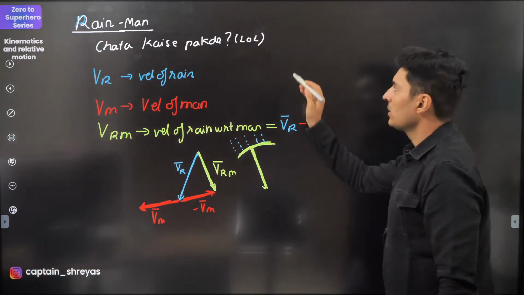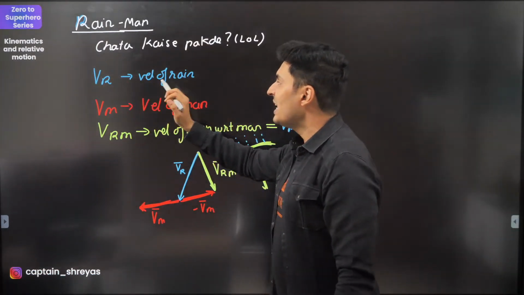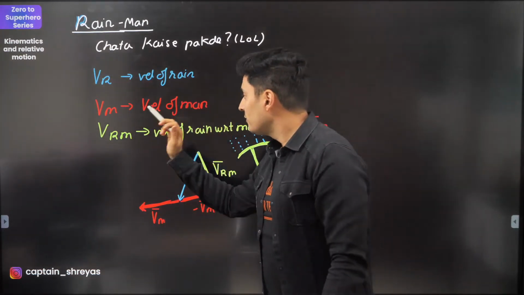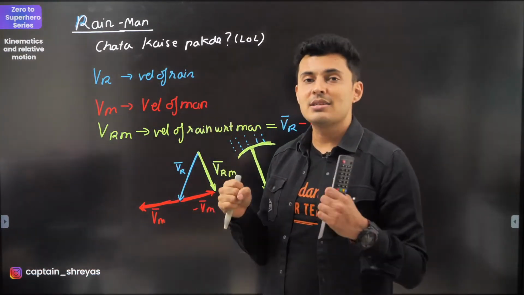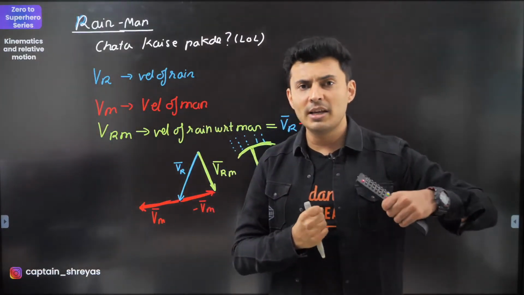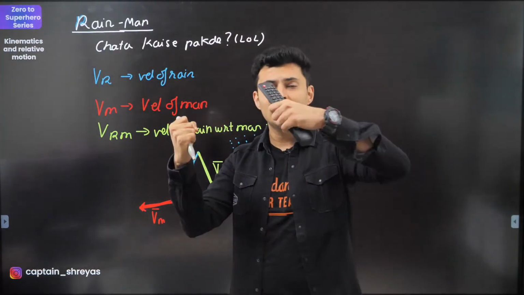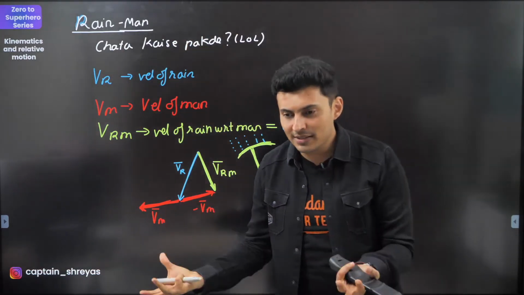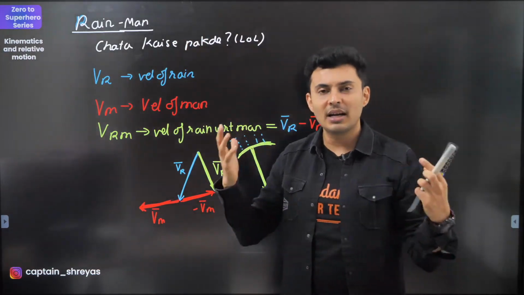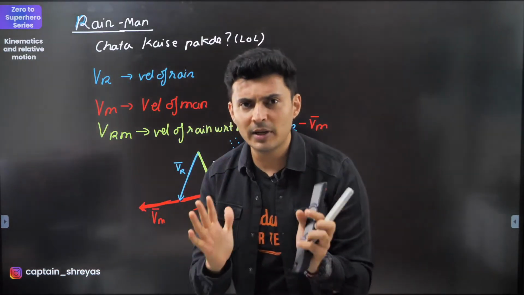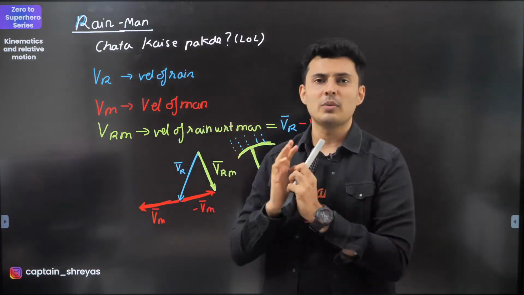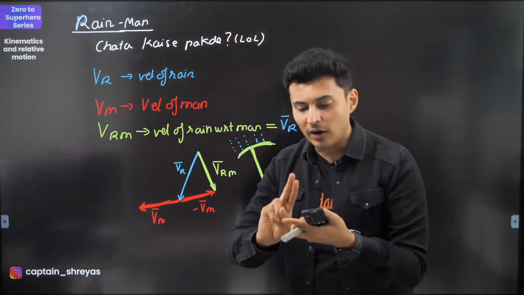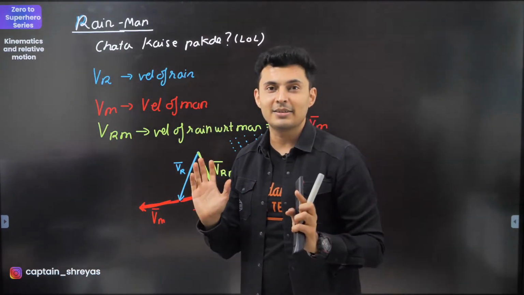Okay, so ignore this top part. VR is velocity of rain, man problems. VM is velocity of man. And generally the question is, how are you going to hold the umbrella? Or it is given that the rain feels like it is falling at a certain angle. What is the velocity of rain? So these kinds of questions, 90% of the time, are a geometry question. A simple triangle with Pythagoras or trigonometry gives you the final answer.